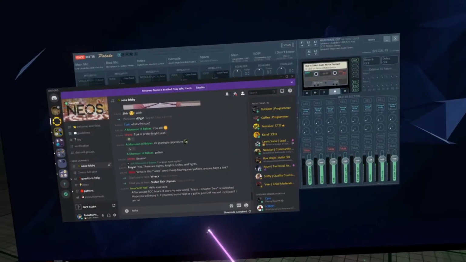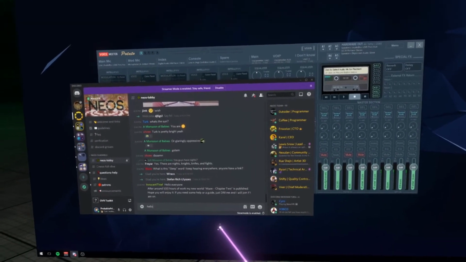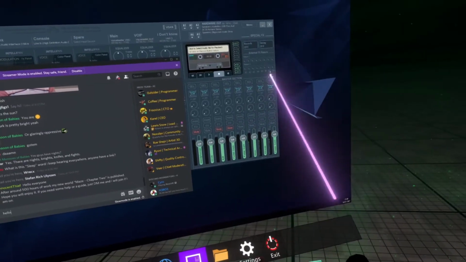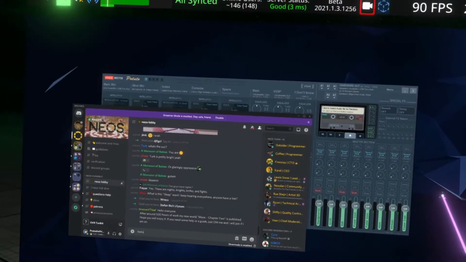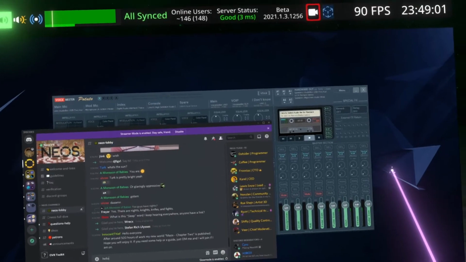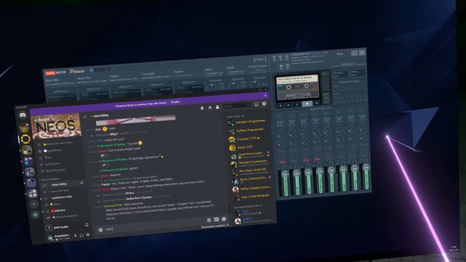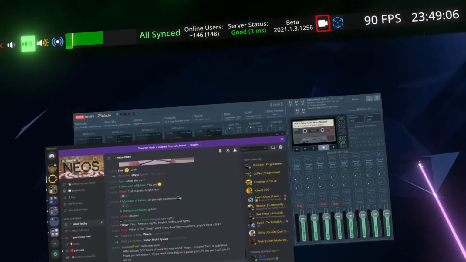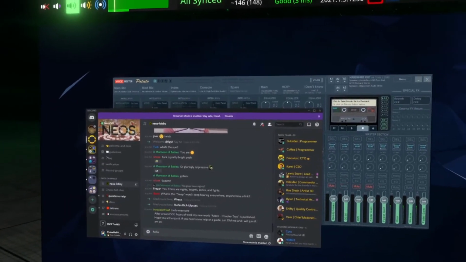Follow cursor allows the desktop view to match where the cursor is. This doesn't mean your cursor in VR is in what I'm pointing at here. It means your real world cursor. So for example here, if my mouse is in the mouse that is lying on my table that I use when I'm not in VR, if that were to pan across to my first monitor right now, which I'll do,